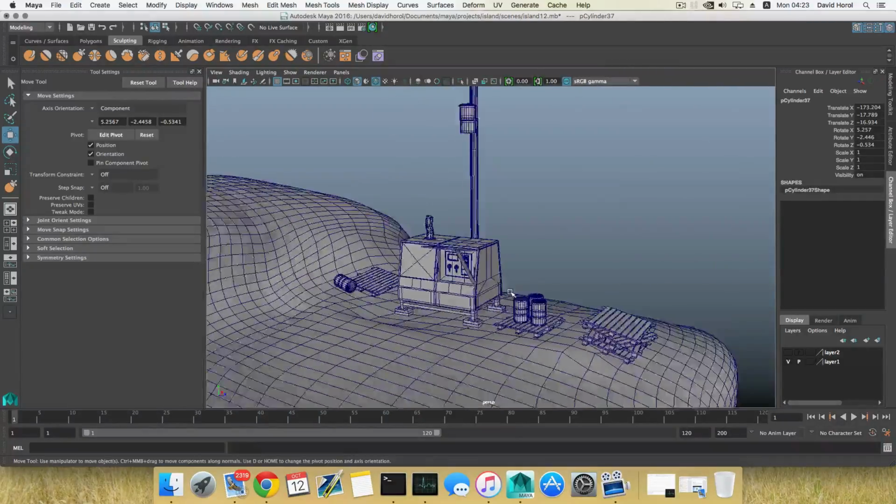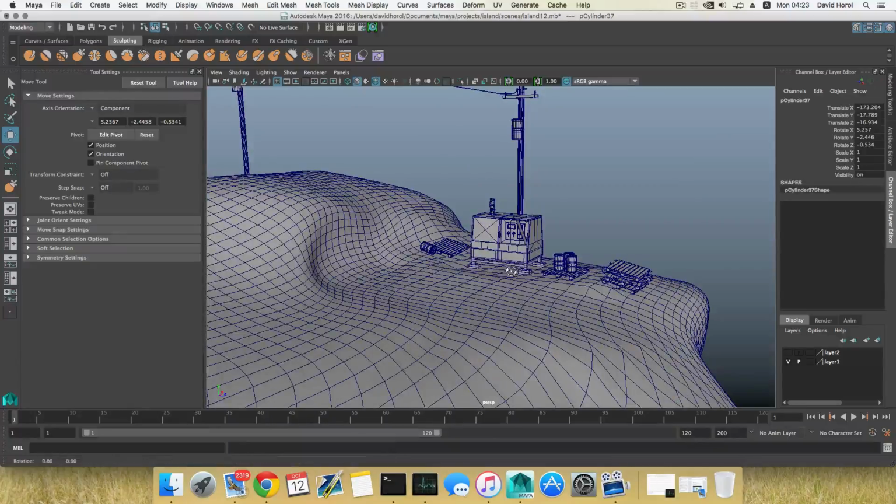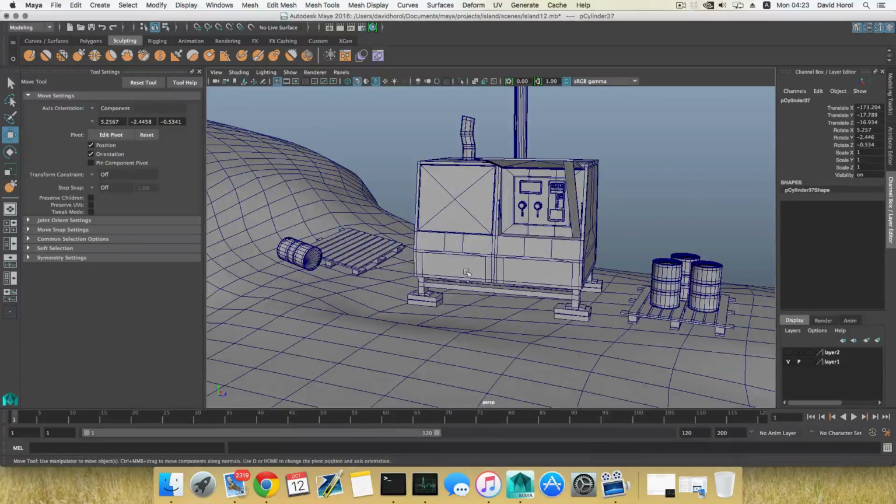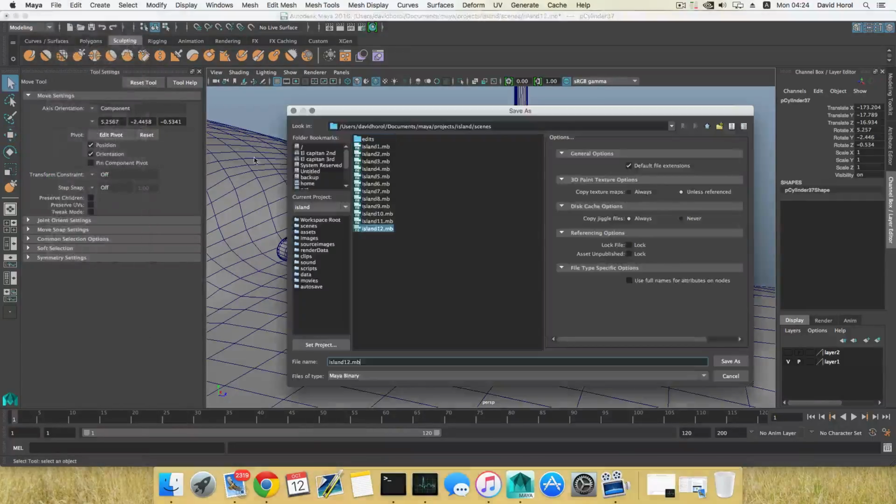Anyway, you got the idea, right? You don't need me here for this. And I'm gonna save this file, save scene as 13. Click save as,